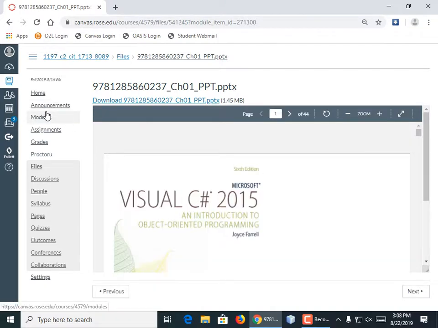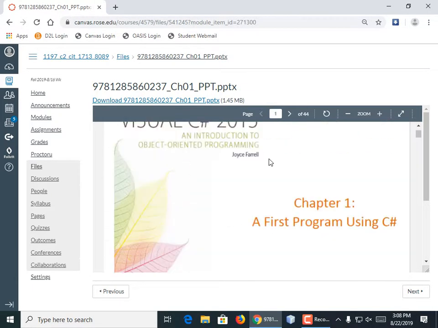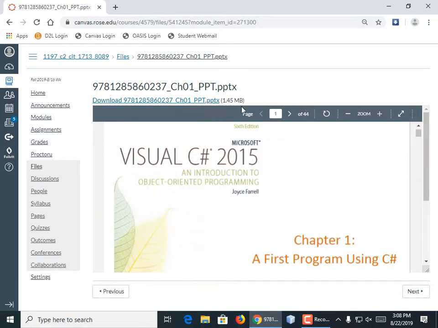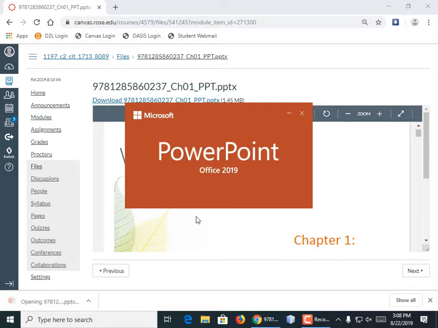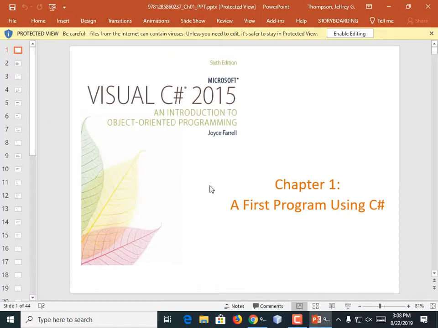So all I did is I went into Canvas, logged into modules. I'm sure you all know how to do this, and I found the PowerPoint section. Whenever you get into Canvas and it's showing a preview, especially of a multi-page, 44-page PowerPoint, it's a better idea to download it and let your machine's default viewer view it, get full page and all that. And sure, you could try to simulate full page with that, but generally it's better to view it with the operating system's default app unless it just doesn't work.